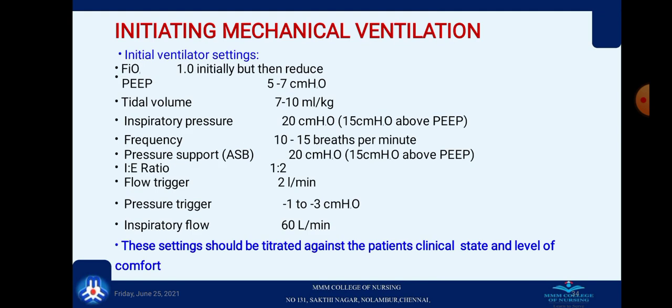Initiating the mechanical ventilation. Initial ventilator settings. So, FiO2 1.0 initially but then reduced, and PEEP 5 to 7 cm H2O, and tidal volume 7 to 10 ml per kg, and inspiratory pressure 20 cm H2O, or 15 cm H2O above PEEP. Frequency 10 to 15 breaths per minute, and pressure support 20 cm H2O, or 15 cm H2O above PEEP, and inverse ratio